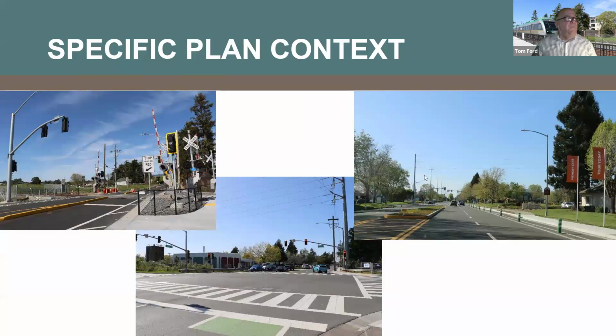The picture at the top left is where the railroad tracks actually cross Corona Road. So you'll see that that's a condition that exists right now. The other two photos,